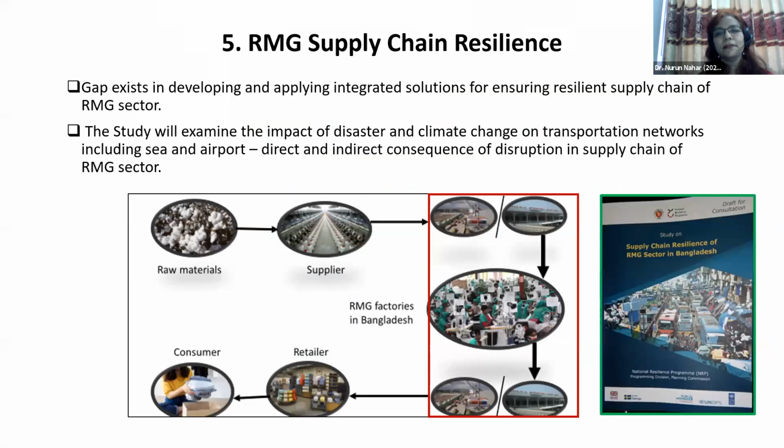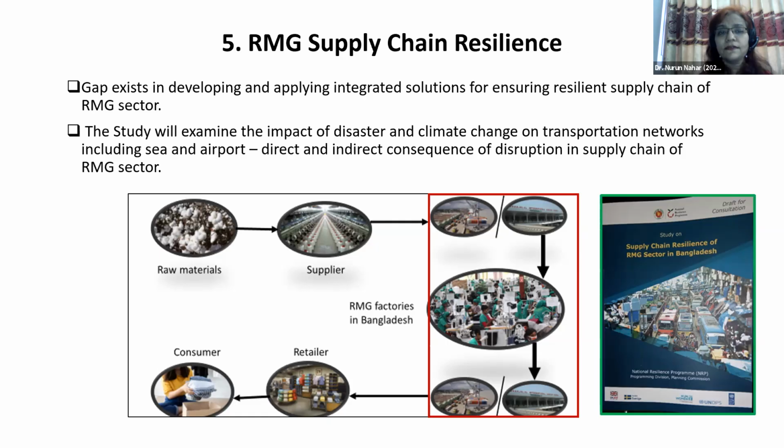Next, we have another study for the private sector. As you know, the supply chain in any business is a very important aspect to keep it vibrant and running. Here, we tried to understand a very important sector, the ready-made garment sector, which is one of the highest export earning businesses of Bangladesh, generating a very high number of jobs, especially for women, and contributing to our national economy. But what about its supply chain?